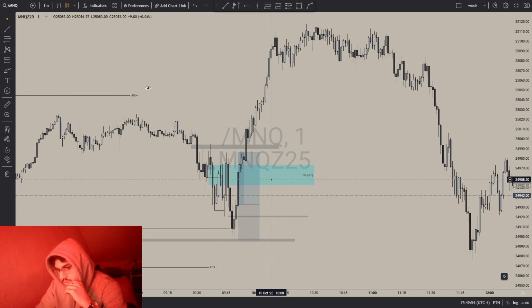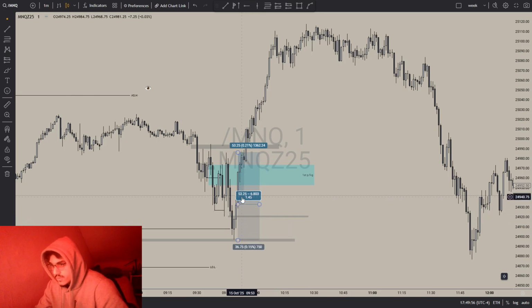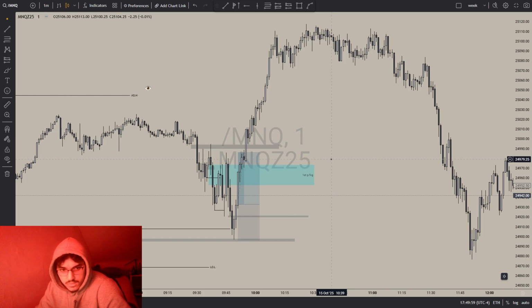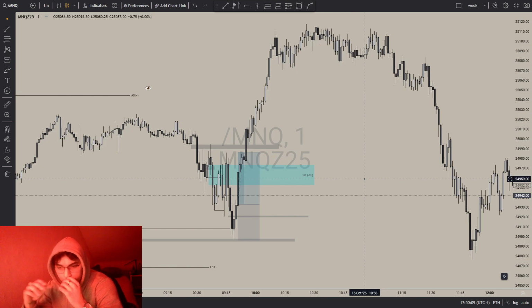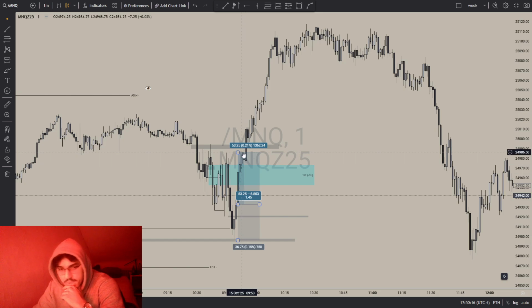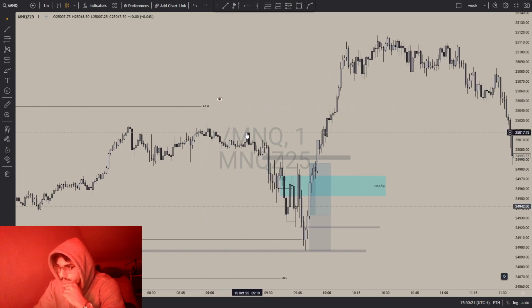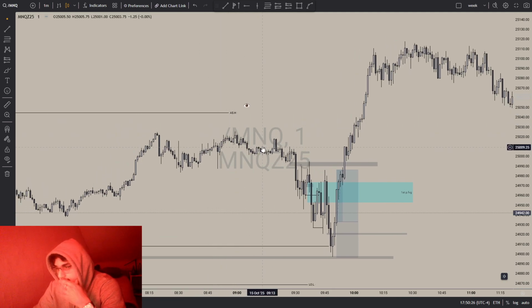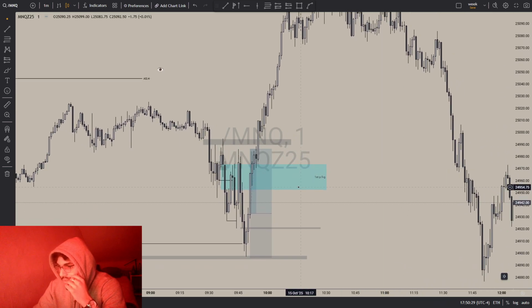I don't like to sit in front of the chart and try to catch the whole move. Just a piece of the pie and let's call it a day, done. But if you like to hold your trade, you can take partials here, put break even here, but I advise you to take partials and then target these relative equal highs right here, the Asia high, as your target, and that's it. So this is how I took the trade.